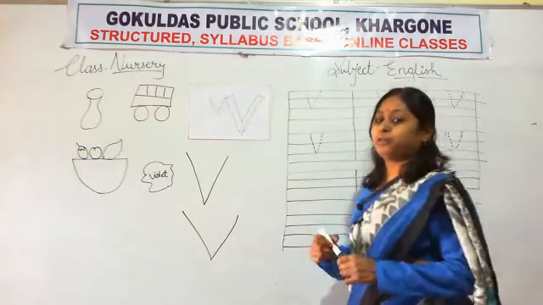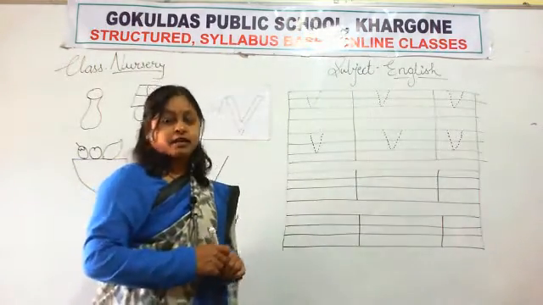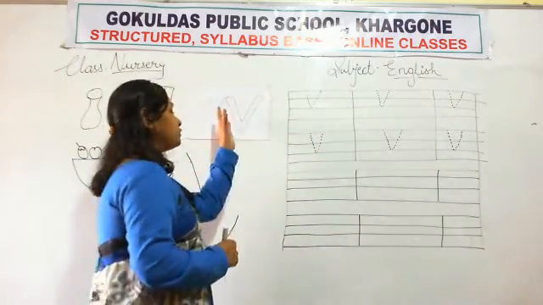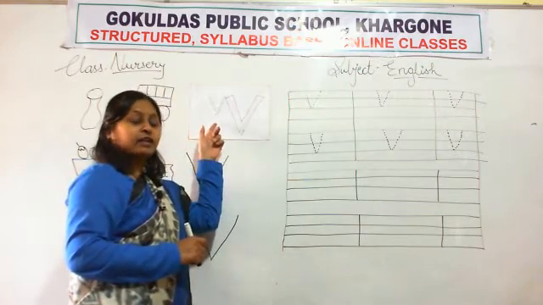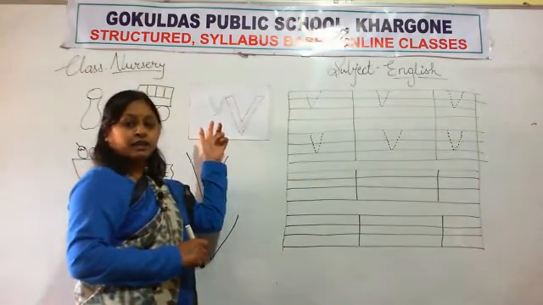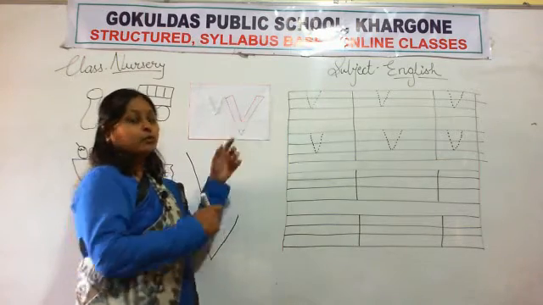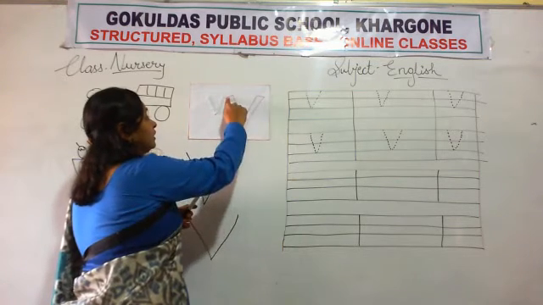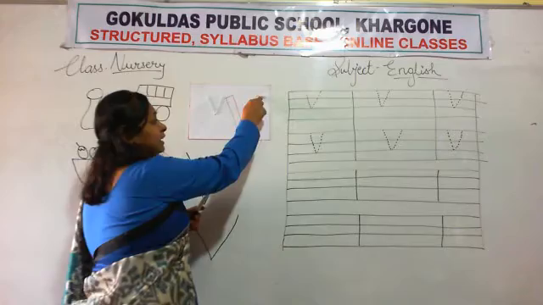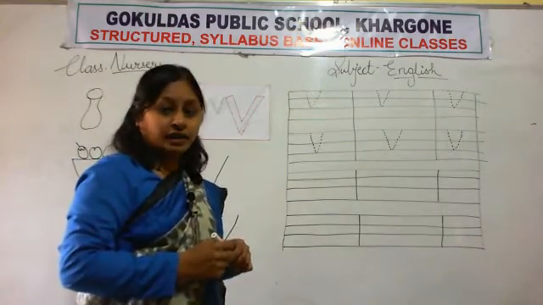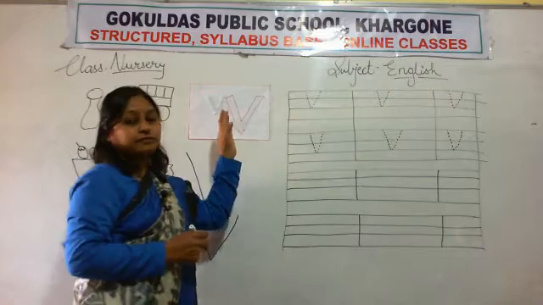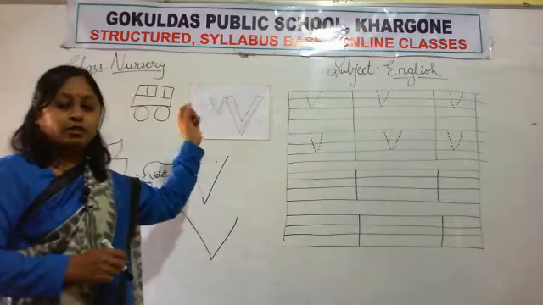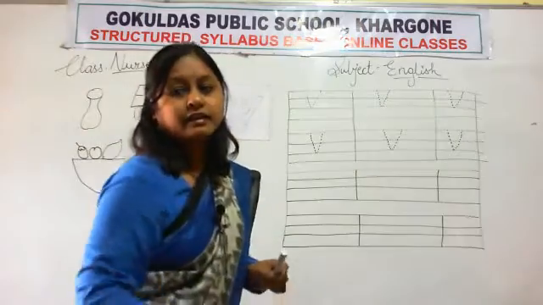Okay. In the next page, make 3 columns. How many columns you have to make? 3 columns. In one column you have to stick an earbud in the form of letter V, and in another letter V you have to use your first finger on the letter V, slanting line down, slanting line up. So which letter will form? Letter V. And you have to stick pictures of vegetables in this letter V.